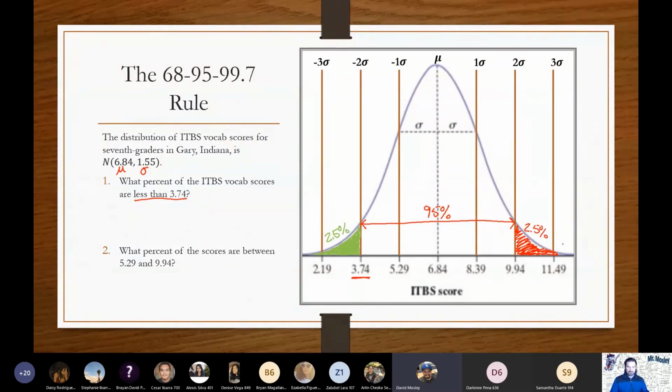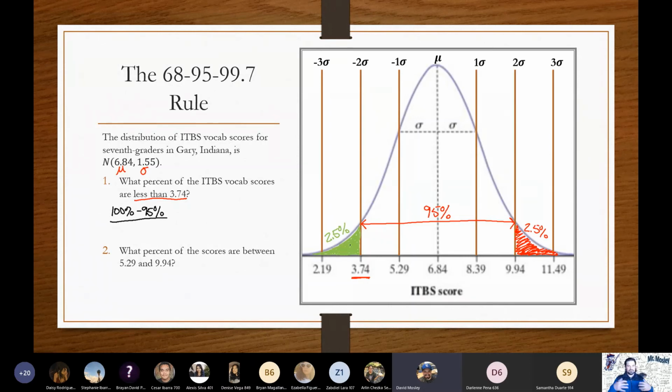And that altogether adds up to the 100% of the area under the curve. So that means that I have 2.5% of the vocab scores are less than 3.74. And essentially the math that we did, if we want to look at the calculation, is we said, okay, well, I have 100% minus the 95% that I know is not included in what I'm looking at,